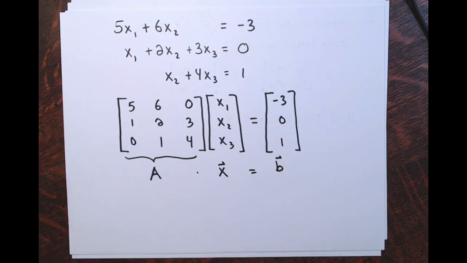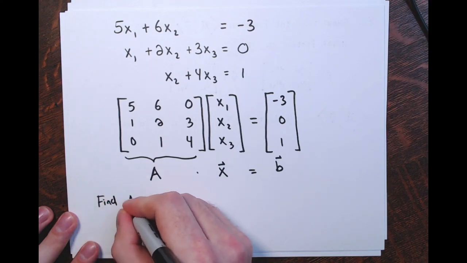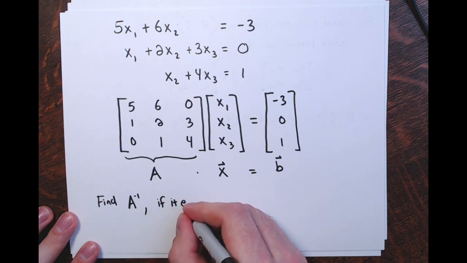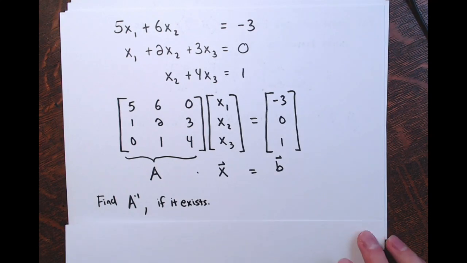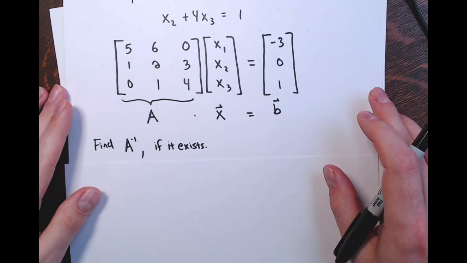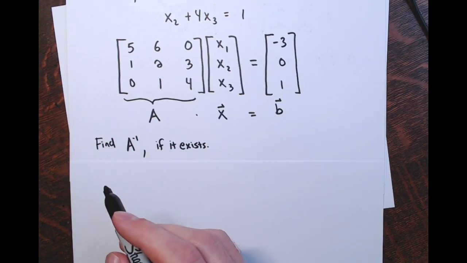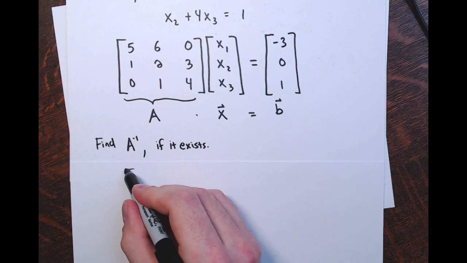Again, I'm going to ask myself, can you find A inverse? Find A inverse if it exists. Now remember how to do that. So I'll refresh your memory. Write out the method, for larger matrices, matrices larger than a 2x2. So far, the only method we've seen, and we'll see more methods for finding inverses later, was the